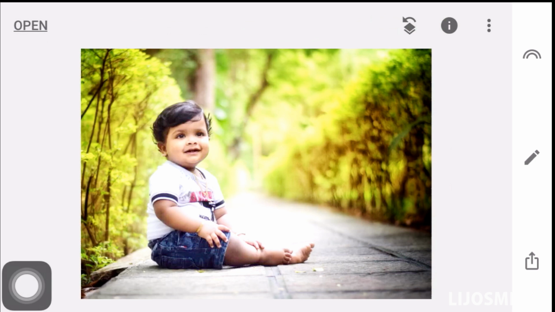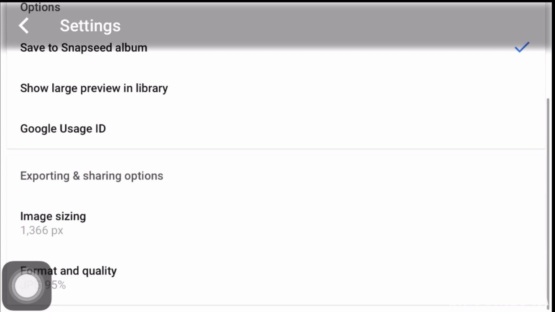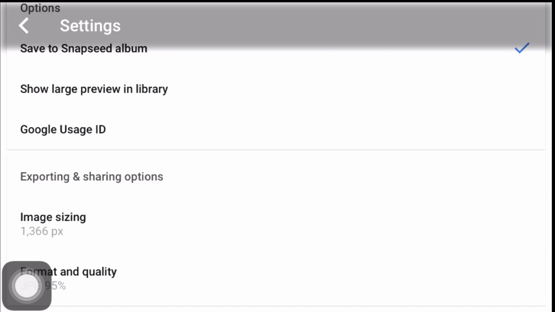After editing, if you want to export for printing purposes, or publish it on social media, you just press on these three dots. First of all, in settings we have to decide the final image size.